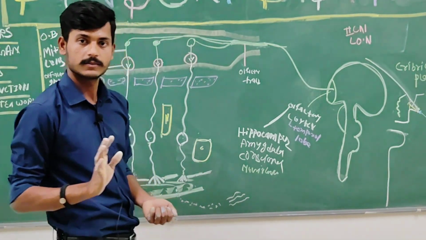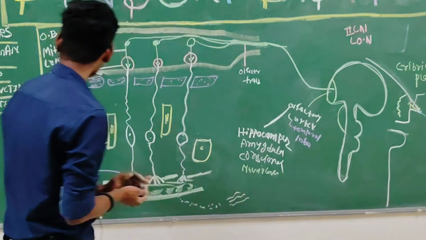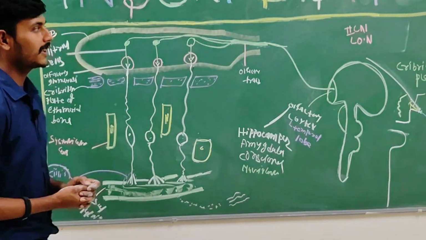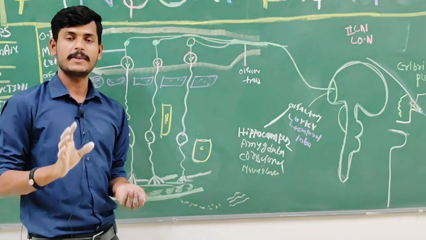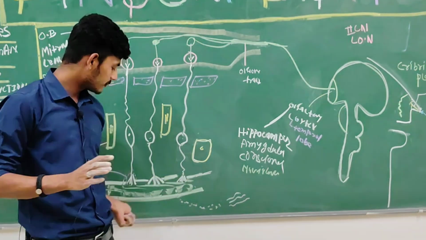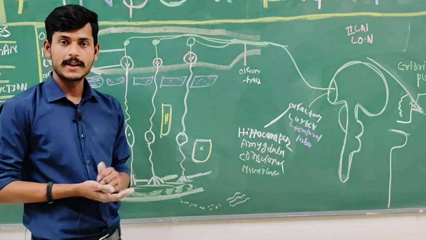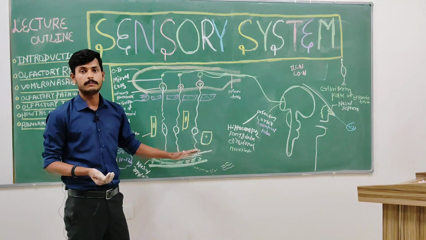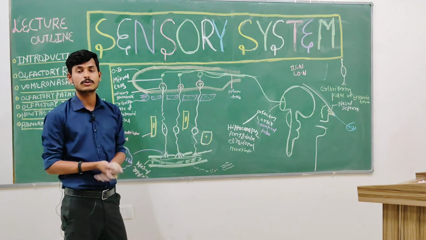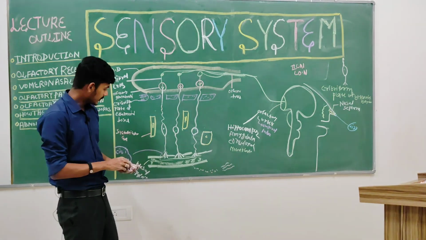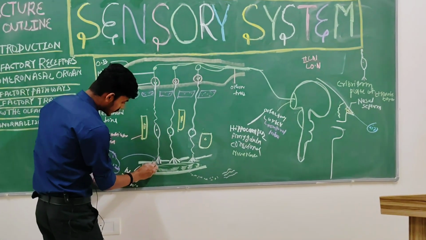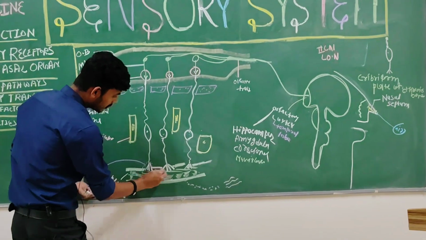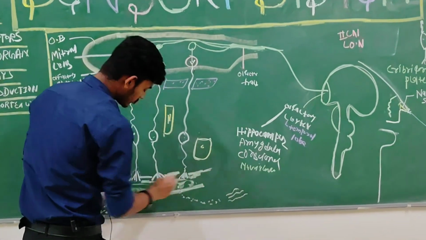Any problem? No? So till now, what did we study? We studied that the sensation of smell is carried out by the nasal mucosa. It is a specialized mucosa lined by many mucosal glands, also called goblet cells. In this area, the goblet cells are also present, which help this nasal mucosa.